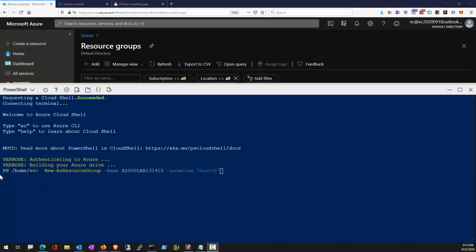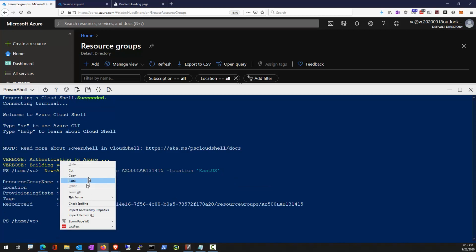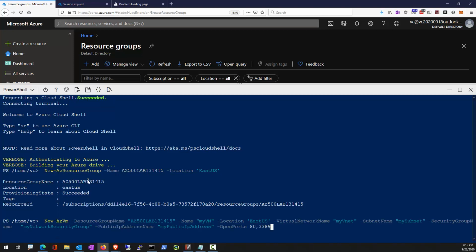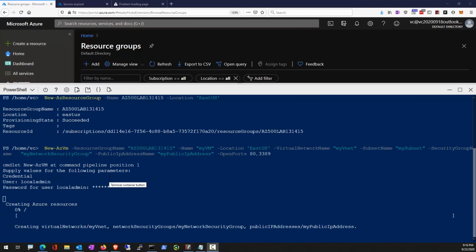Now we're going to turn up PowerShell, create a resource group in the East US region. We're going to use the PowerShell commandlet to quickly deploy a brand new virtual machine. Now this creation will take roughly about 3 minutes. We'll fast forward that. While this VM is being created, I want to take some time